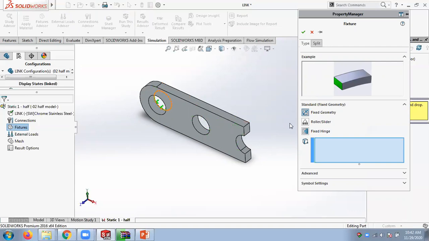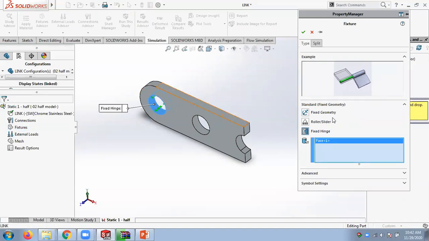I have to go and select this kind of a hinge support. You can see how the hinge support works. The hinge support allows me to rotate this, acting as a hinge. When you click on this face, it will allow my model to rotate along the pin, but it will not move radially or axially. Only circumferentially it will move. So the hinge support can be given,